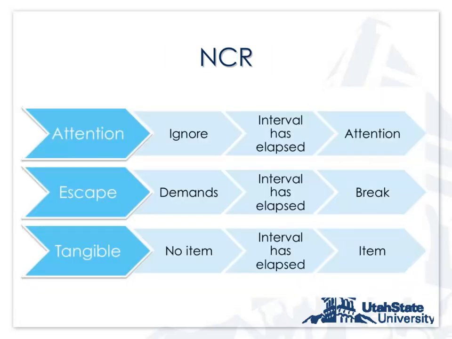To determine when to deliver the reinforcer, look at the data regarding the occurrence of problem behavior. Reinforcement should initially occur more frequently on average than the average occurrence of problem behavior. This means that the schedule of reinforcement will be dense. Once problem behavior occurrences significantly drop, systematically increase that interval of time between reinforcers.